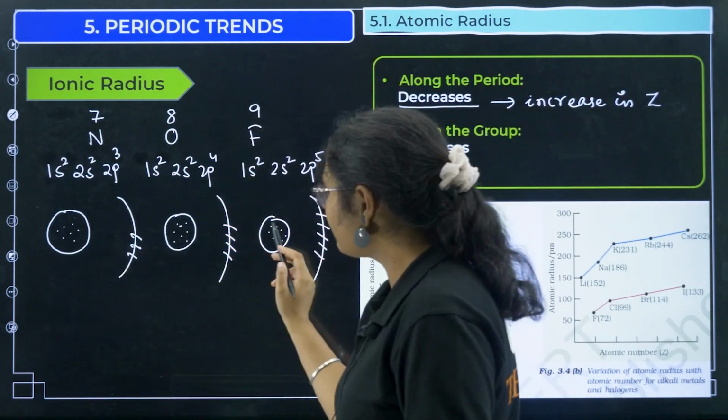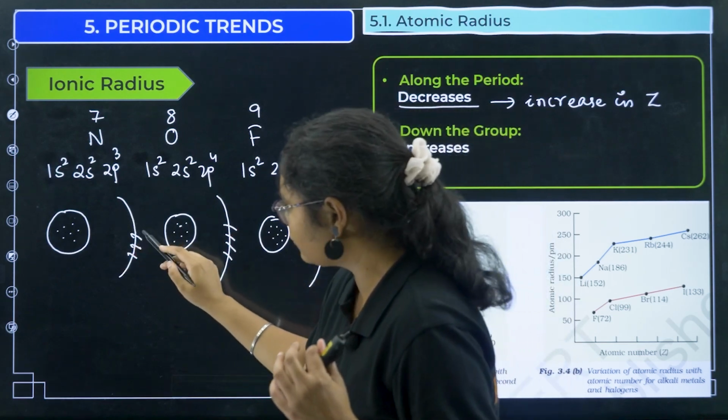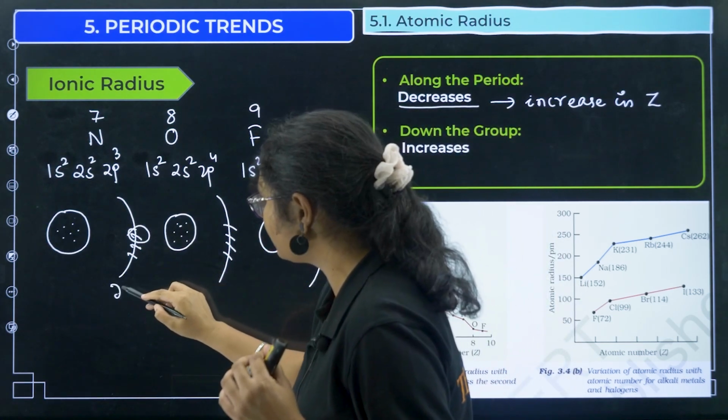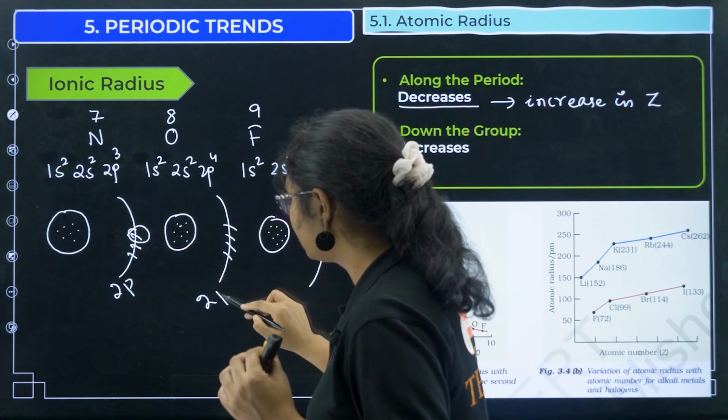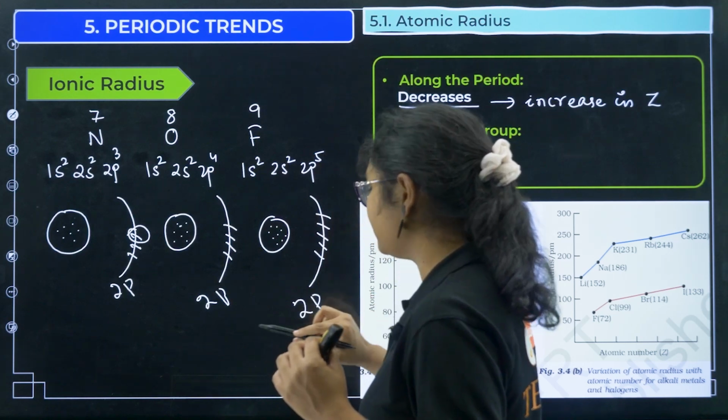Because the number of protons is increasing, and the outermost electrons are in the same 2p subshell in each case,